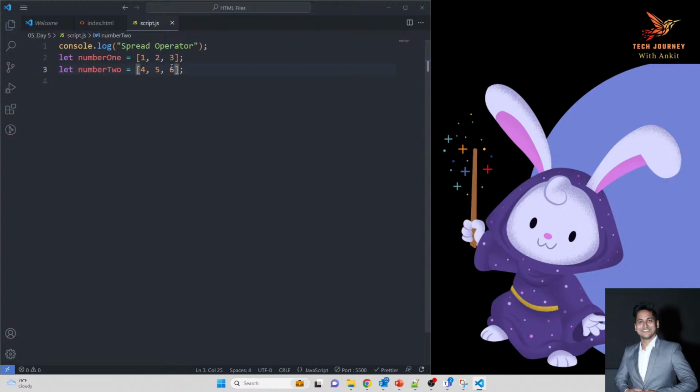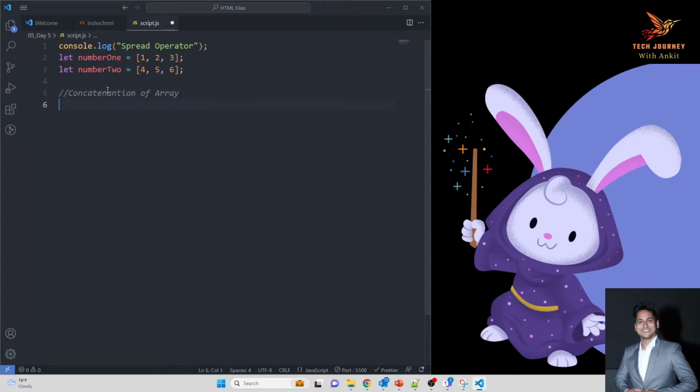That you can also do, but with the help of modern JavaScript, it is very easy to concat the two arrays. So what I have to do here is go and combine both of these arrays and create one single array. How can we do that? So the first use case that I am covering here is